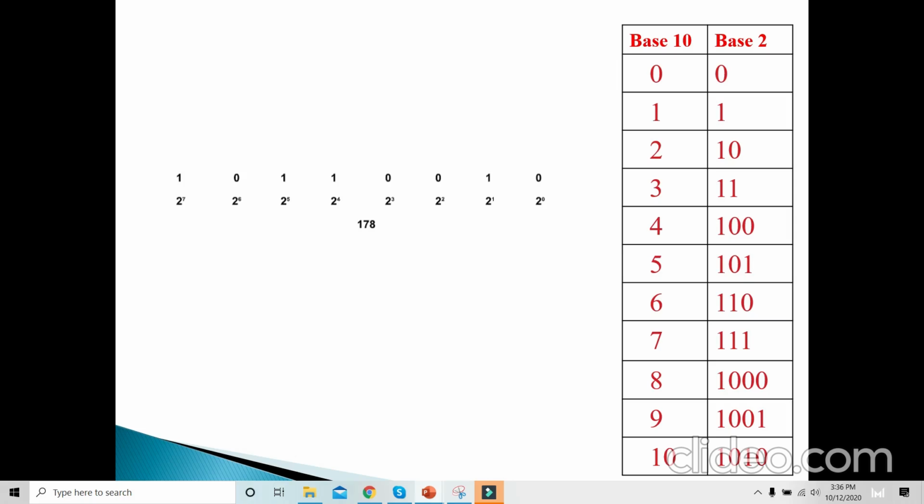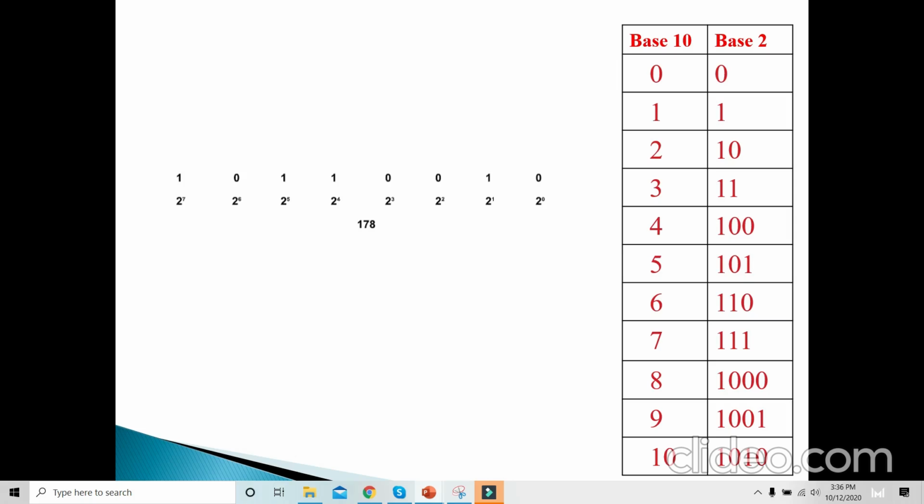So let's say, for example, 0 in the decimal number system, base 2 is 0. When you say 1 in the decimal number system, for the binary number system, it will be 1. And then when we have 2 in the decimal number system, the binary value will be 10, because 2 to the power of 1 and 2 to the power of 0 give the total. 2 to the power of 0 is 1, 2 to the power of 1 is 2. So when you convert it into binary, it will be 10.